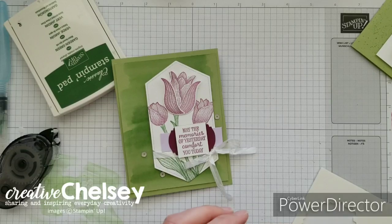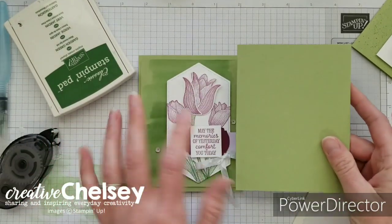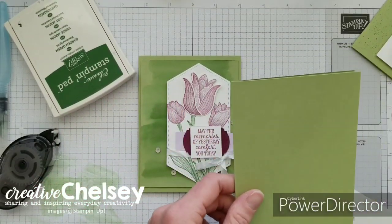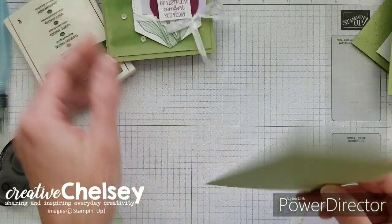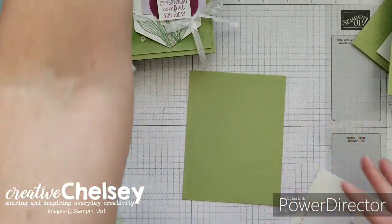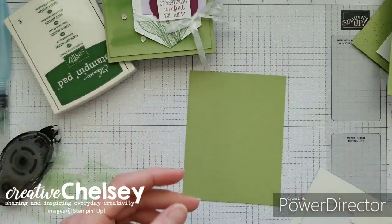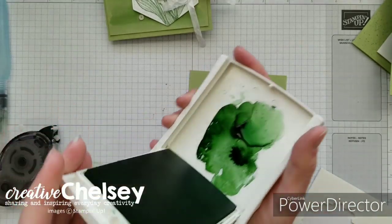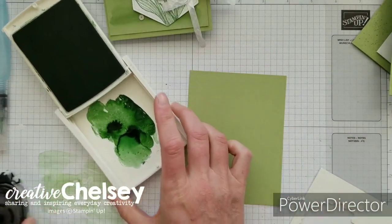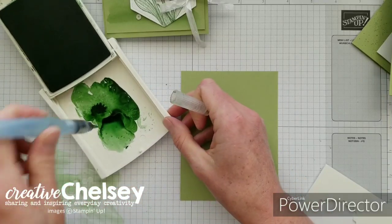So one of the first things we need to do is do something to that background. Now, in the first card I splattered, and so this card I wanted to show you a different technique, and it's just a watercolor wash. So you could do watercolor wash on this previous card as well, and that is totally up to you. Just wanted to give you another technique. So you're going to open up your Garden Green again, get your Aqua Painter or paintbrush, and you're going to add some water